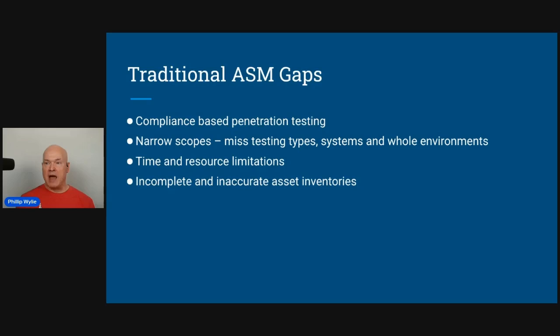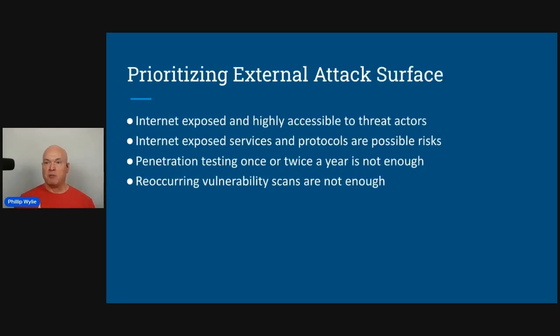Incomplete and inaccurate asset inventories. I was working for a company and we took care of our internal pen test and red teaming, but we outsourced our web app pen testing. When it came time at the end of the year to use some budget, we had a bunch of web applications to pen test, but we did not know all the URLs. So it took an exercise of going through, discovering all the URLs, making sure we had all of them. Tanya had mentioned having an inventory of those applications and APIs. This is one of the things often overlooked. So you need to make sure that you have a good inventory of those, so when you're doing your test, you can thoroughly test everything.